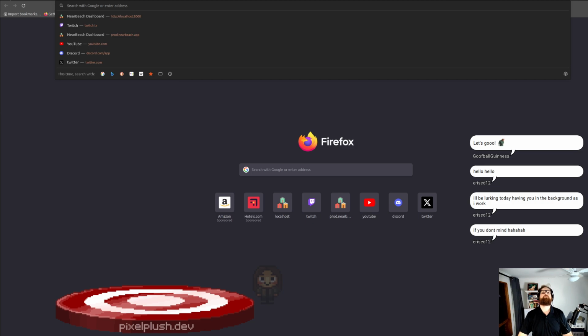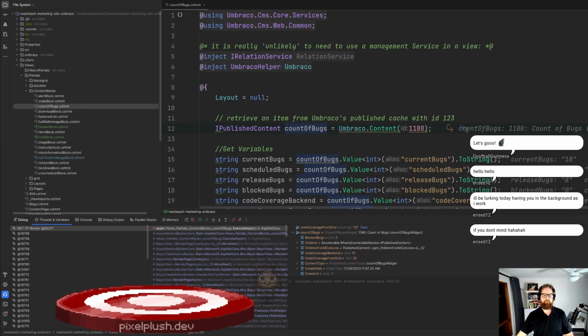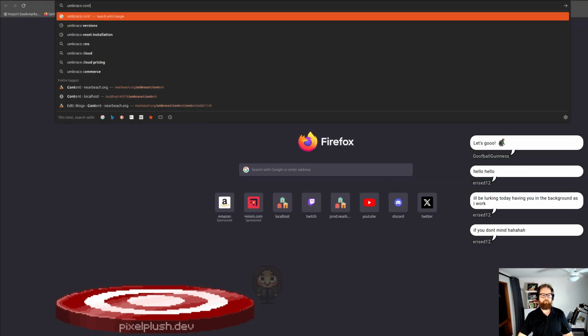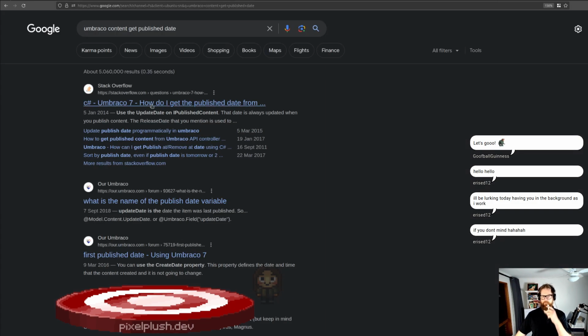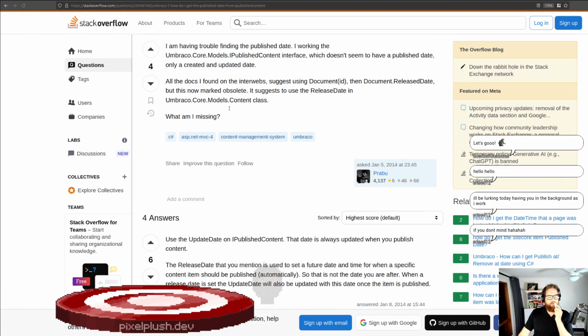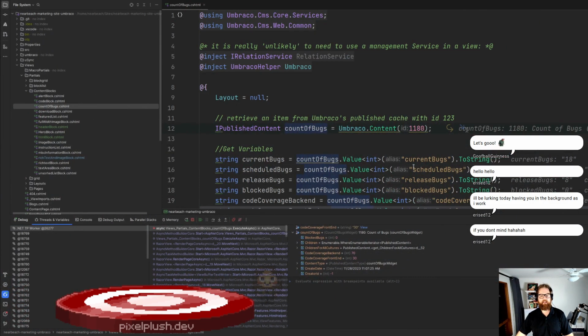So what do we want to do? We want to type in Umbraco content get publish date. All right, so use the update date on the IPublishedContent. That date is always updated when you publish the content. So if we go update date,